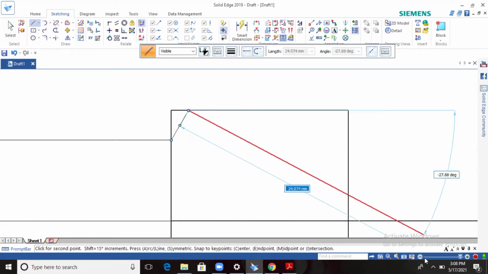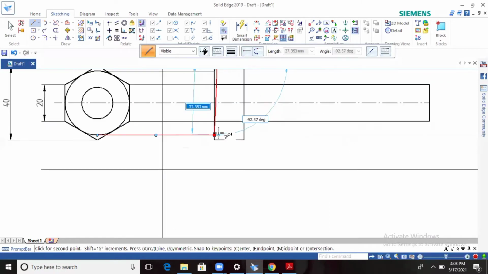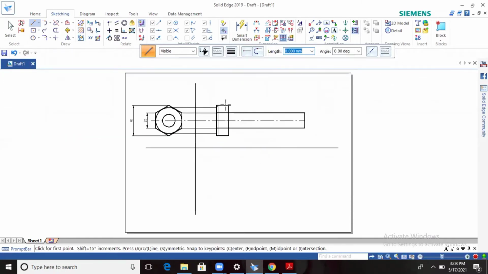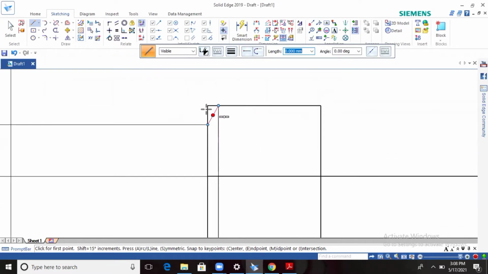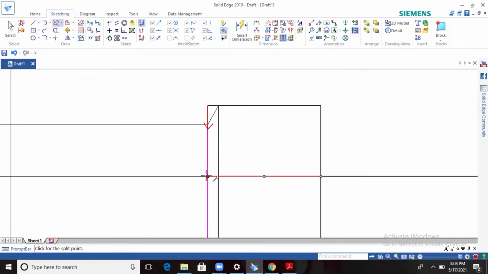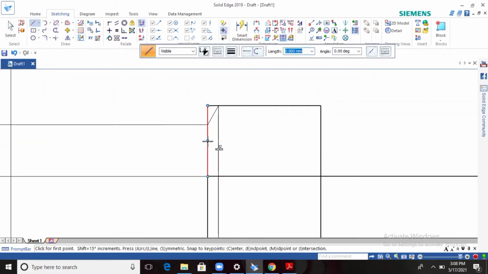Draw it. Okay, so next you have to draw the vertical line for the second one, opposite this one. Okay, you can check it. The angle between these two lines will come 30 degree. Okay, so after this, check this one, this is a full line. So I will split this one, select the line and cut it here. So I will get exactly the center point. From the center point, I have drawn the vertical line, I mean horizontal line. Okay.